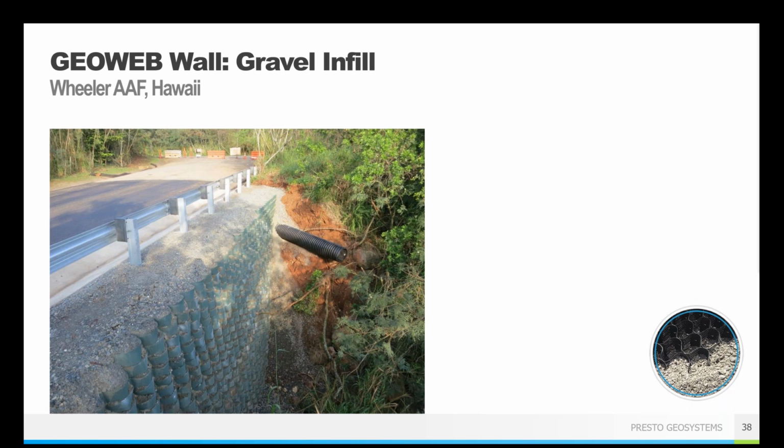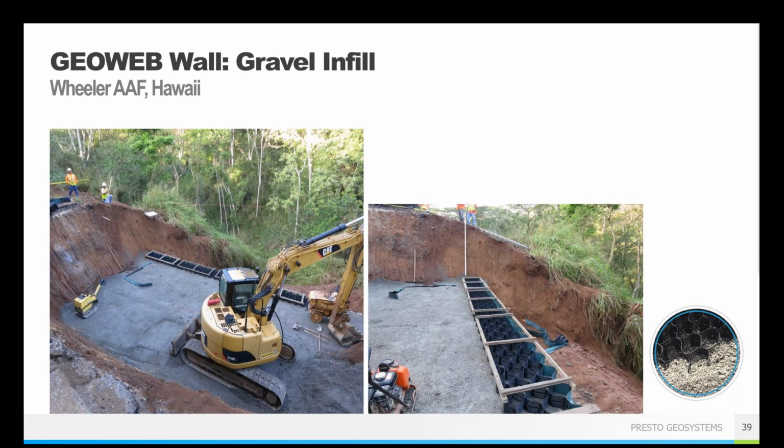And so the area was cleared and excavated. They took out the washed out road sections. They removed all those damaged road sections and excavated past the extents of the washout. So they went out past where the failure had occurred and into competent soil slope. And due to the height of this wall, they did include GeoGrid tieback reinforcement to help support that wall face.